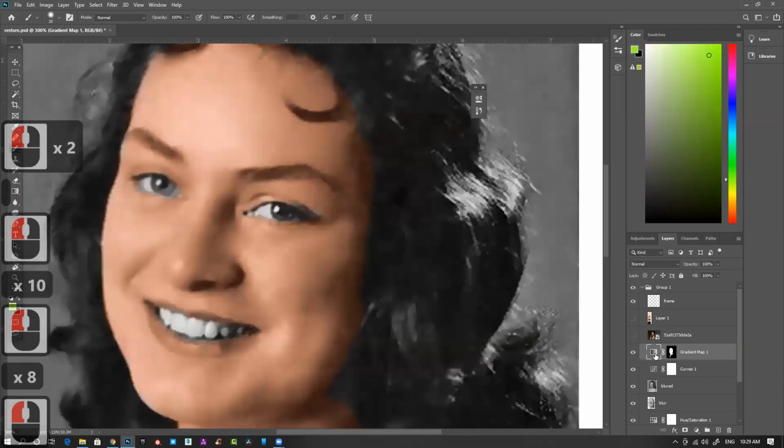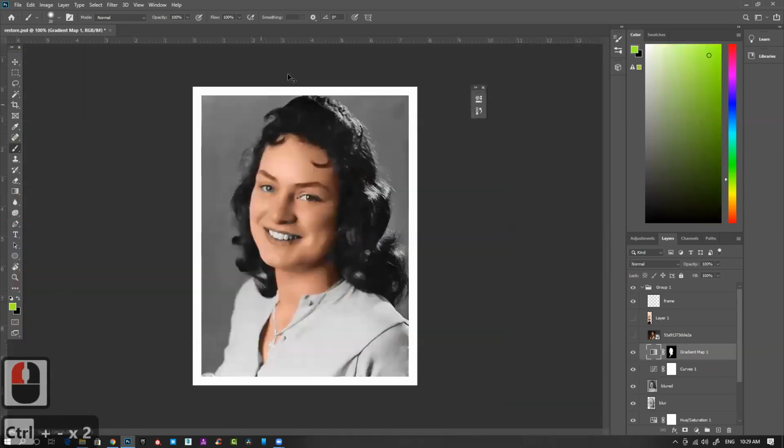Then click on the layer once again. So I have fixed that area. So I have this color. Similarly, I can apply a color on this top, this jewelry, this necklace, eyes, lips, teeth, for everything I can do that.